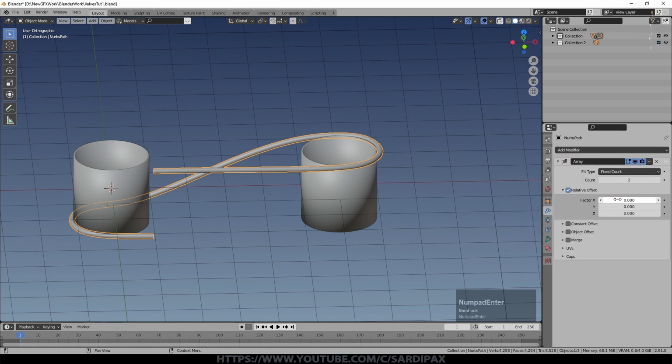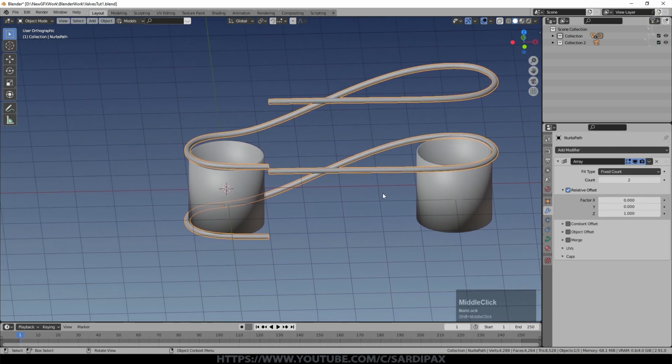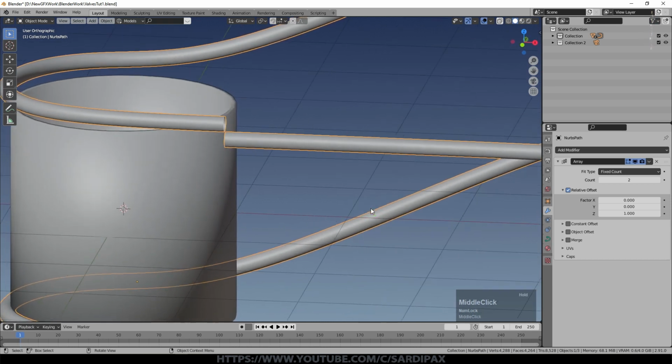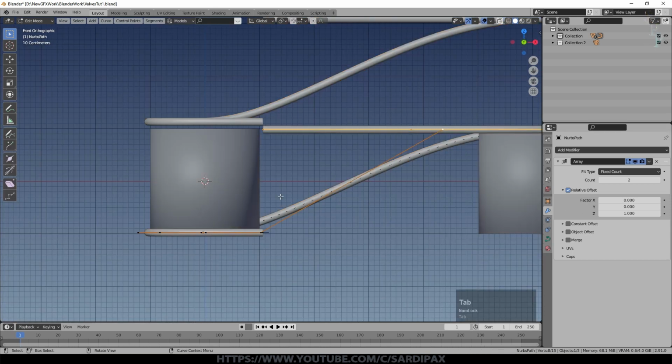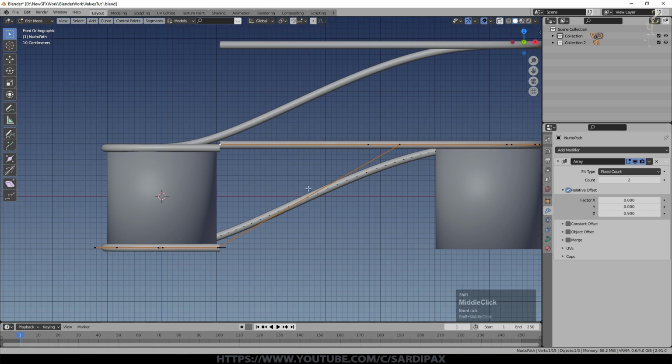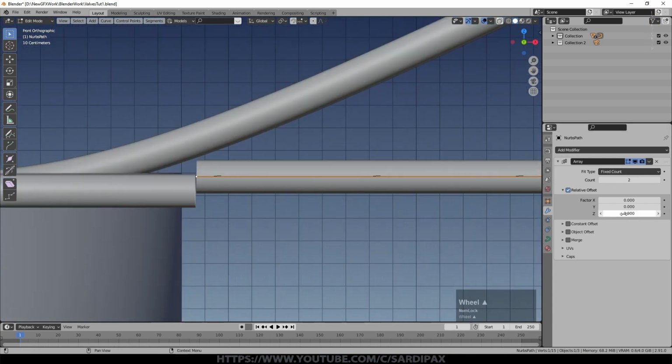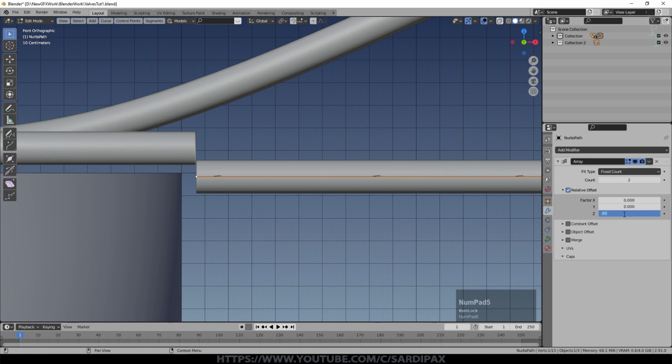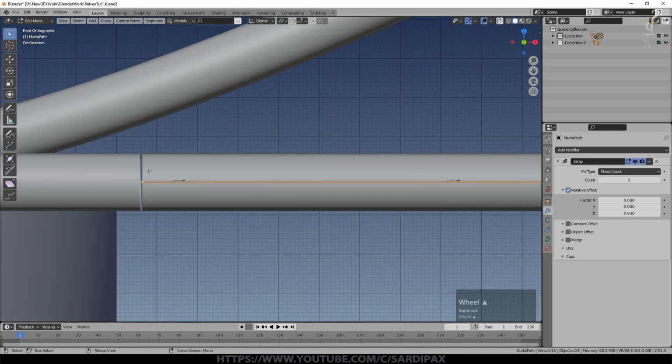Turn off the factor for X and add a factor for Z. So 1 is not far off, but it's obviously not quite right. But what we can do now is actually adjust the alignment. So what I want to do is just tweak that Z value so those are pretty closely aligned with this. We can make some small adjustments, but they need to be quite close. So we'll go to 0.99, 0.95, 0.93 is pretty close.